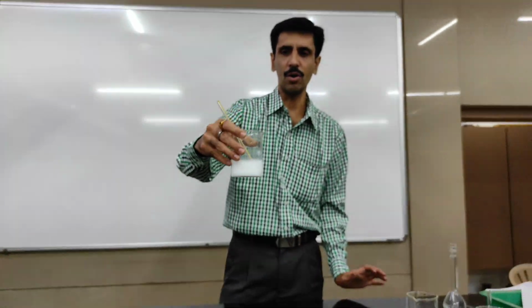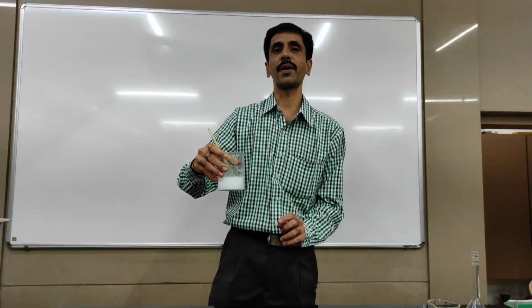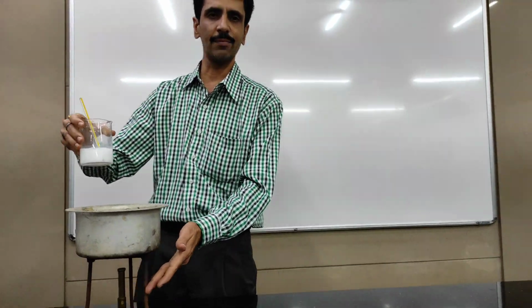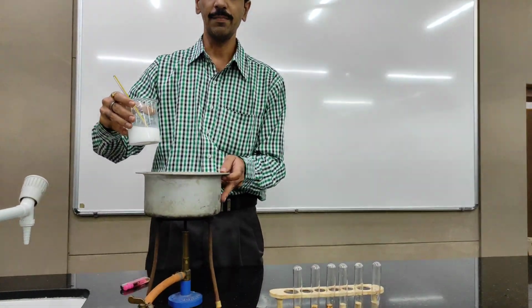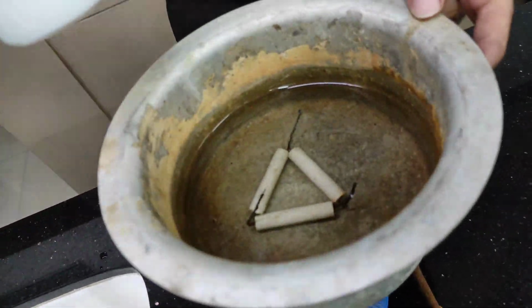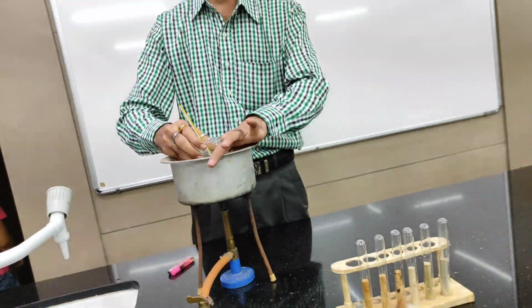Alright. Now, the next thing we need to do is the process of digestion. So here we go for the process of digestion. This, my dear friends, is what the assembly is. We have a tripod stand, and a water bath, inside which we have a pipe clay triangle. You can just have a look at it. Now we are going to place this on the pipe clay triangle,